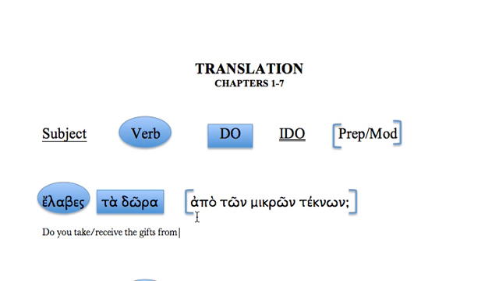Before we finish off the translation, ton mikron teknon, notice that we have an adjectival relationship here. We have mikron, which is an adjective, little or small, and teknon, which is a noun, children. So little or small is modifying children in some way. If you recall from class, we have three different ways to translate adjectival relationships. We have the